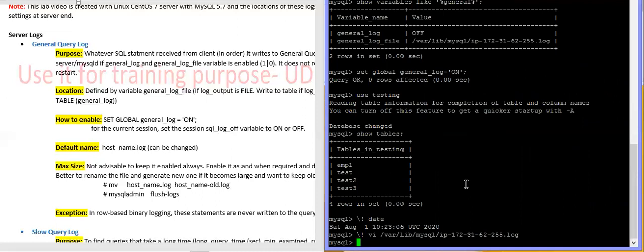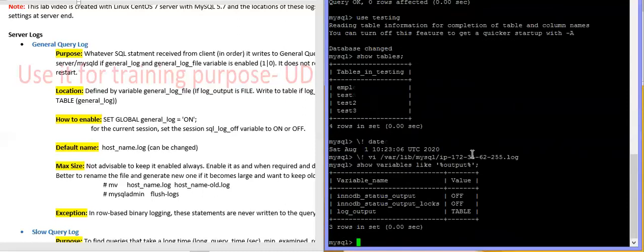Okay. So first let's check what the log output type is. Show variables like output. Here you can see the log output type is table. So you can see it in the table. This table can be found in the system database.